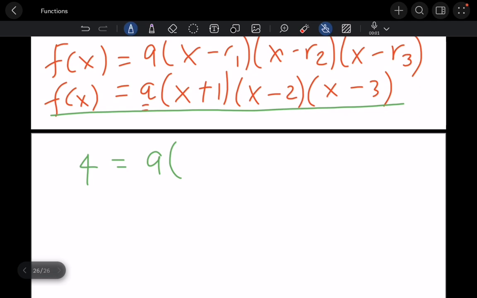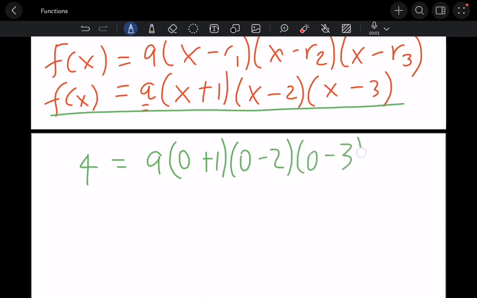So you're going to have 4 equals a times (0 plus 1)(0 minus 2)(0 minus 3). 0 plus 1 is just going to be 1. And then you're going to have minus 2, minus 3. And then you multiply this, you're going to get 4 is equal to a